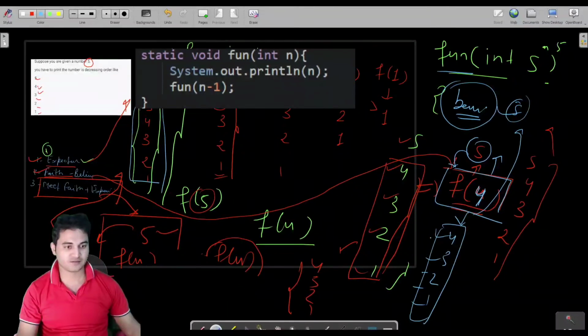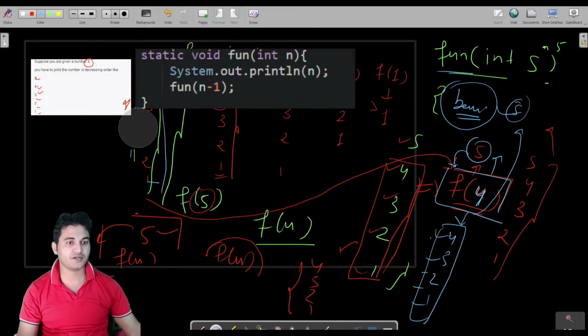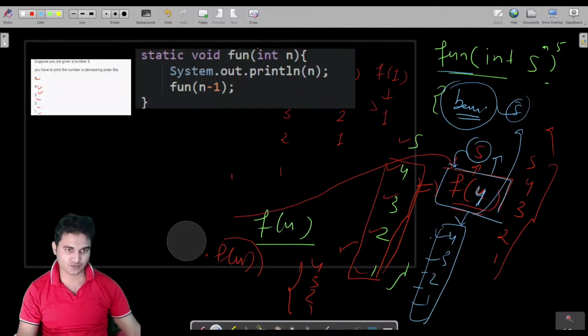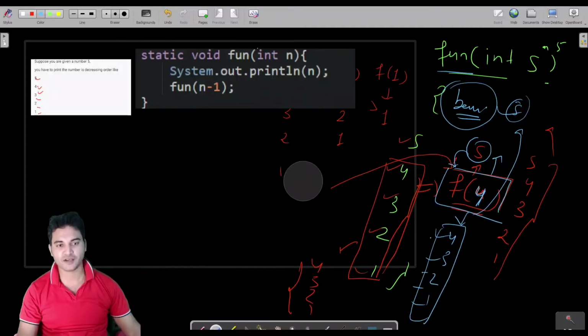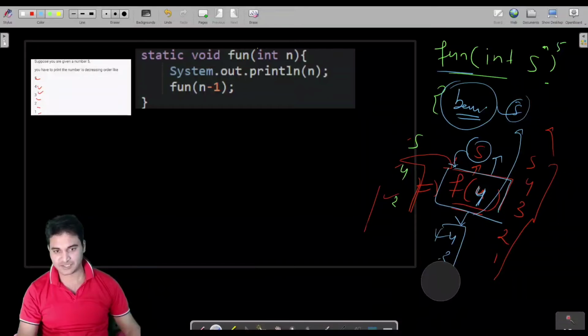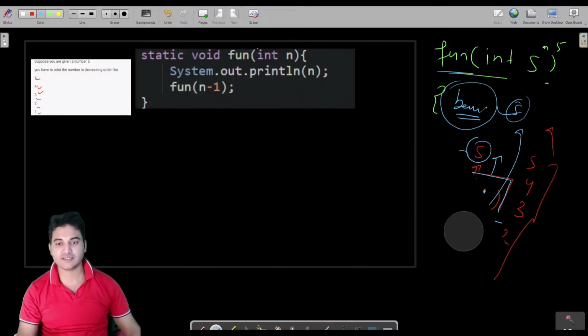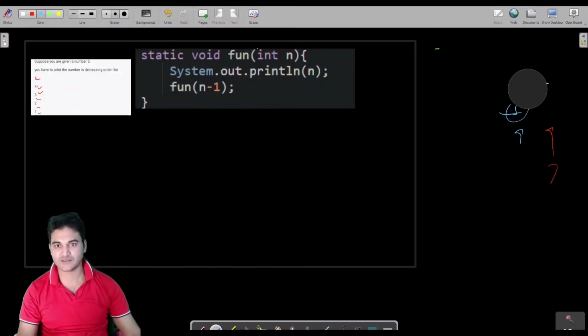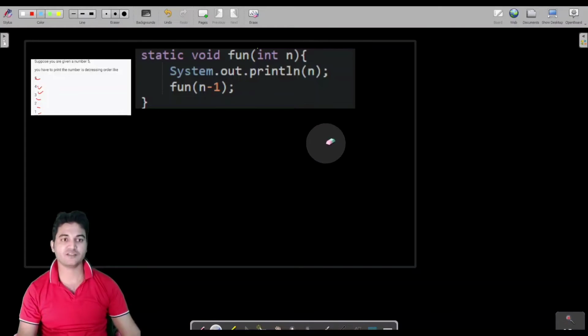Let us erase this because we do not need it anymore. We will analyze why this code is not working, and if we are able to figure out why this code is not working, then I would say you would be able to understand the concept of trees. At least the concept of trees you would be able to understand very clearly. If not, then this is also fine.